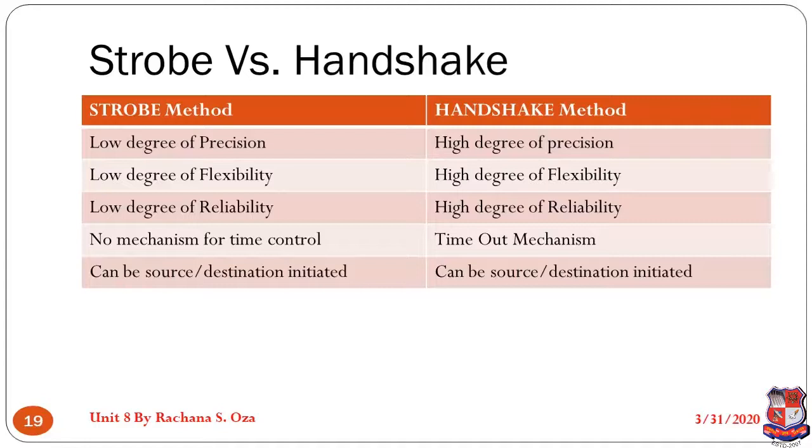Now all these disadvantages can be converted into advantages if one employs the handshake mechanism. In the handshake mechanism, the user is provided with an acknowledgement, so a high level of reliability, more flexibility and a high level of precision is accomplished. Even if the data is not received after a certain time, or an acknowledgement is not received from the receiver party, then a timeout mechanism is also managed in this method. So from both of them, the handshake mechanism is widely used.